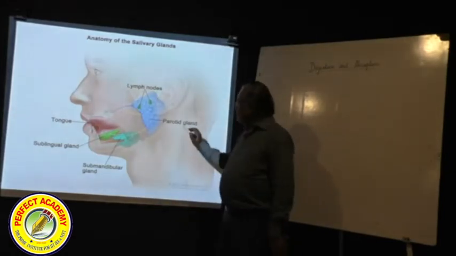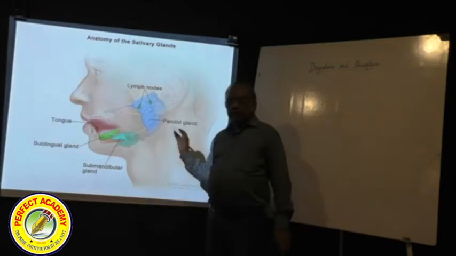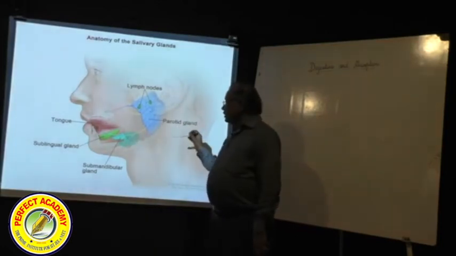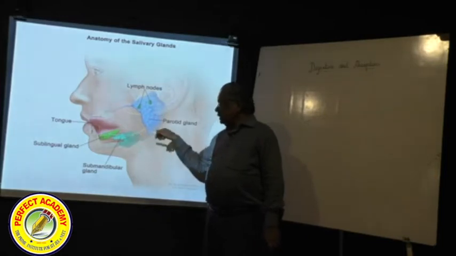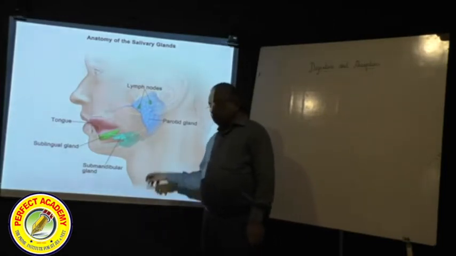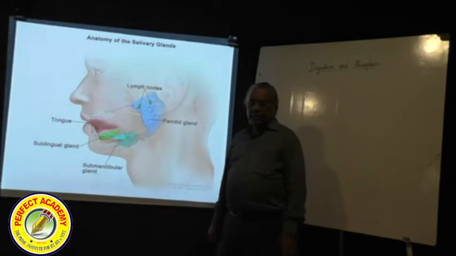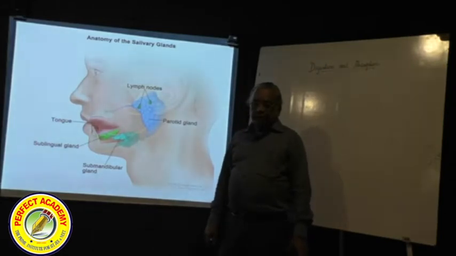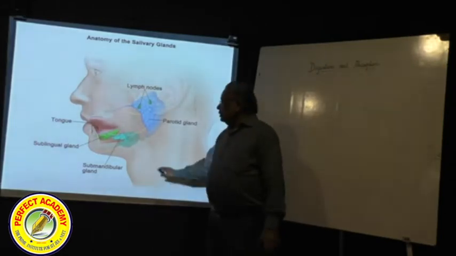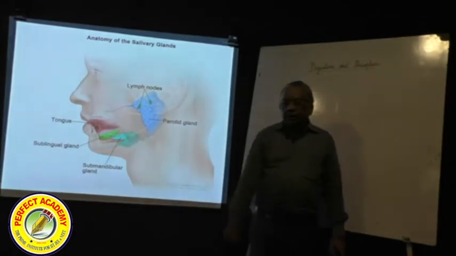The parotid gland is located below the earlobes. The sublingual is below the tongue. The submandibular is at the angle, at the joint between the upper jaw and lower jaw. Okay. Now,